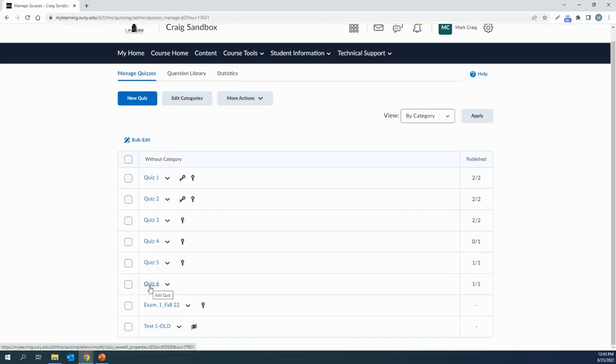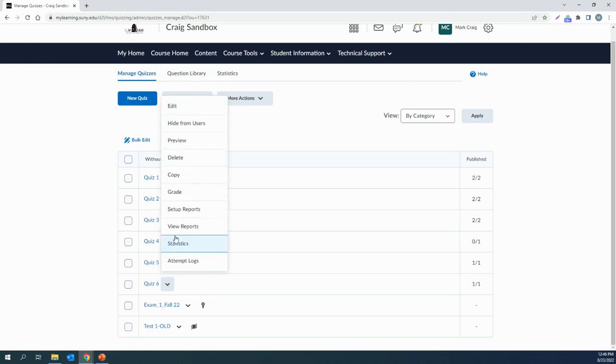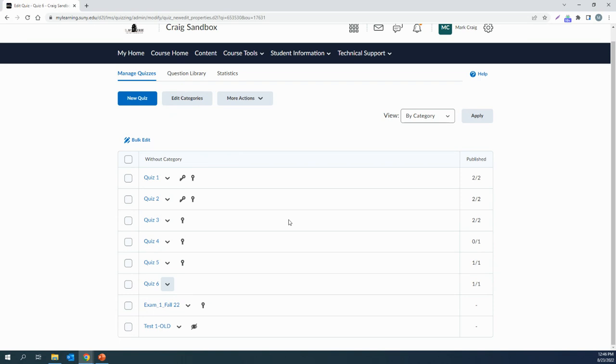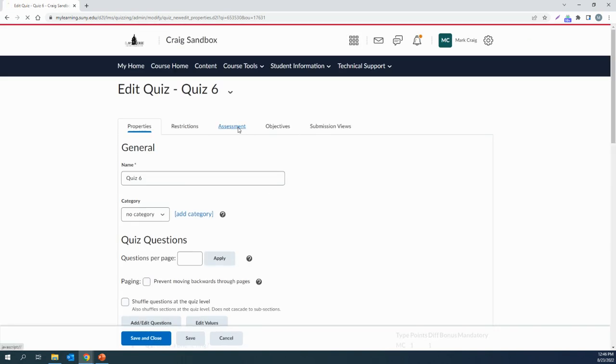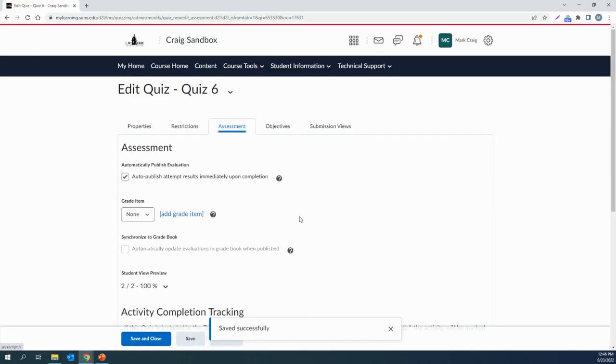and quiz 6. Now it's going to be like the same process as linking to the gradebook, except we need to make a column for it. So we click the down arrow, edit, again under assessment. In this case, it says grade item none. And when we click the drop down, there's nothing to choose